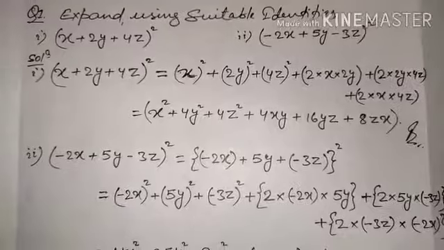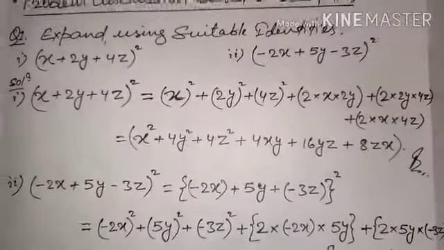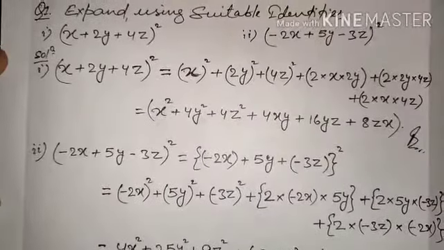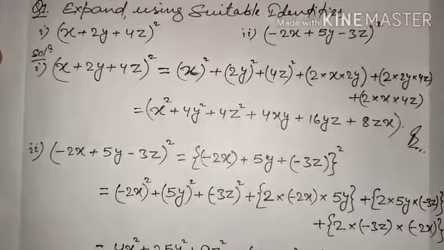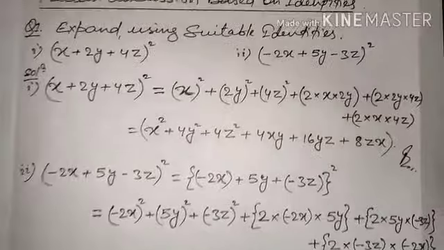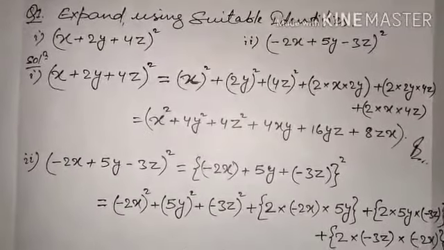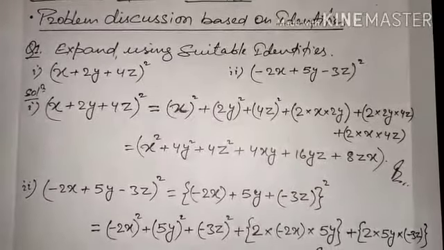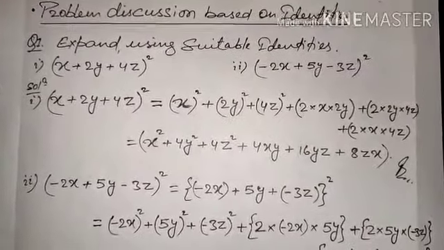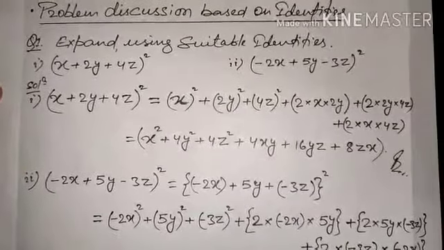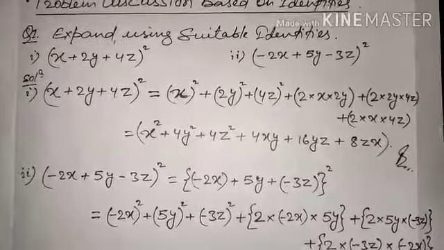So, as you all know, our chapter on polynomials is going on, and we had covered almost all the theory part of the polynomials, and now only the problem sessions were left. So we'll continue with our problem sessions only. Today we are going to discuss some more problems based on the identities, and we'll keep on doing this first, and then after that we'll do some miscellaneous problems from the whole chapter.